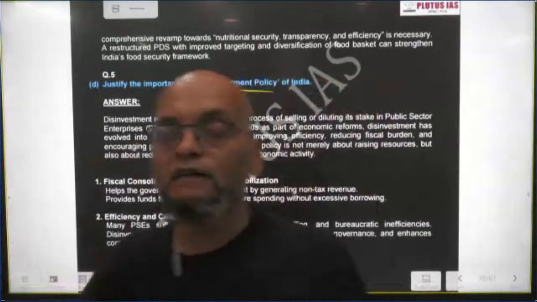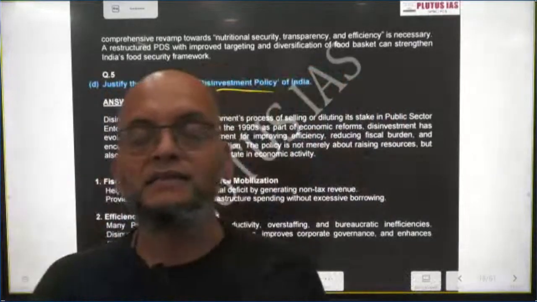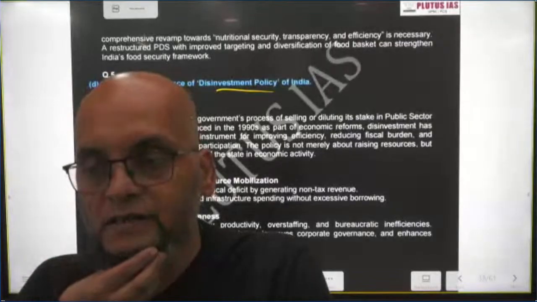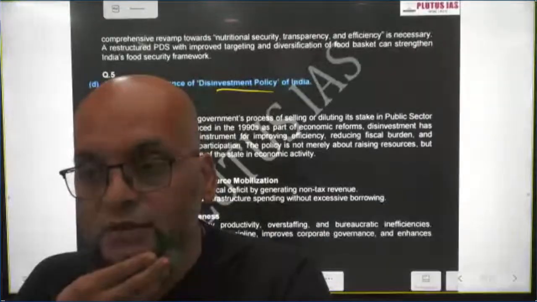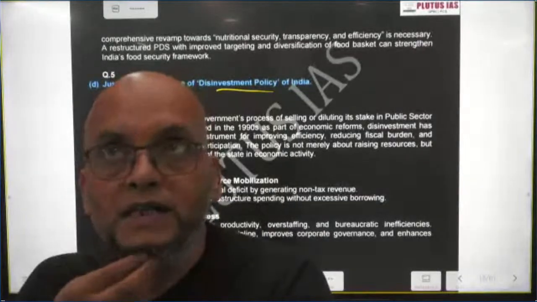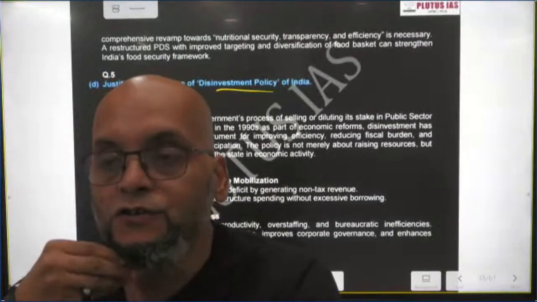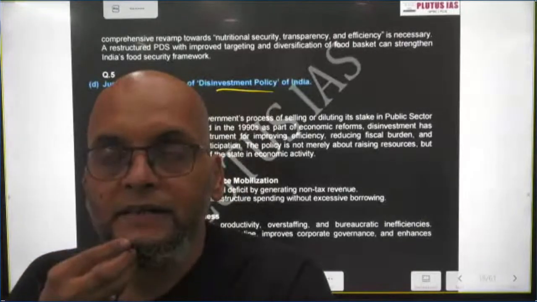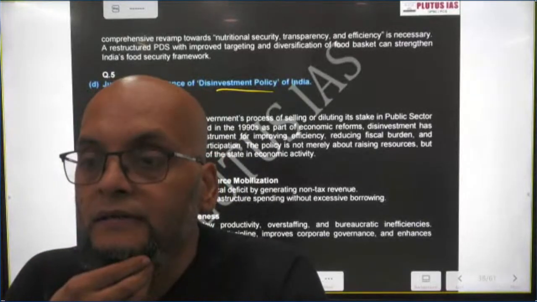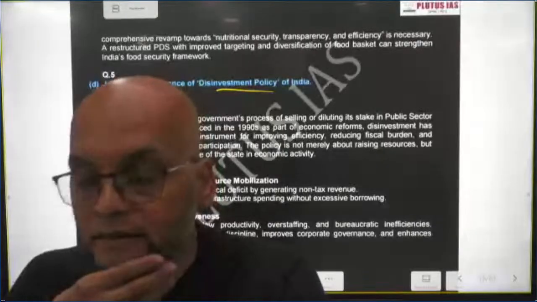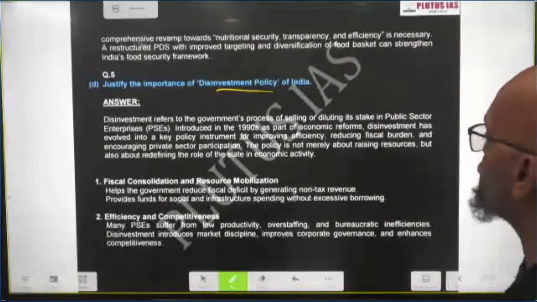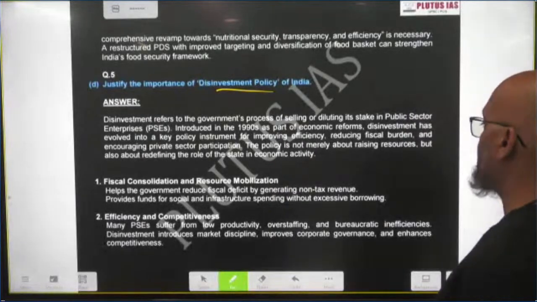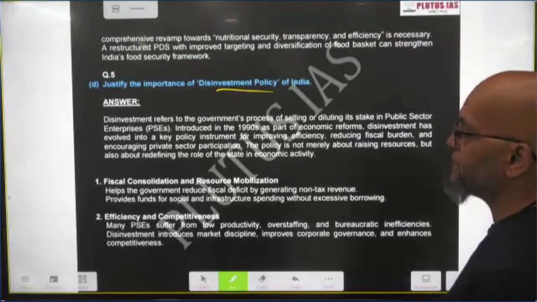Disinvestment means when government sells out its shares in the public sector enterprises. When government sells out its assets, that is called disinvestment. It is a sort of capital receipt, right? So disinvestment refers to the government's process of selling or diluting its stake in public sector enterprises,